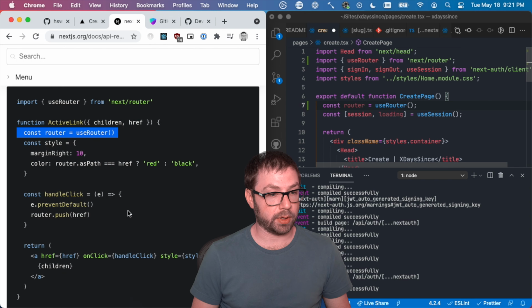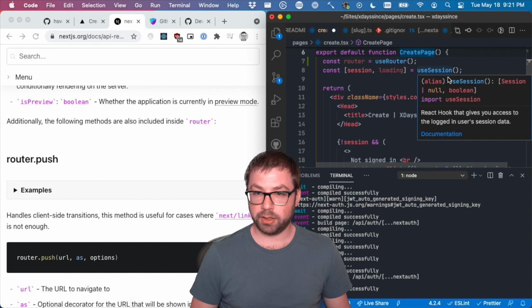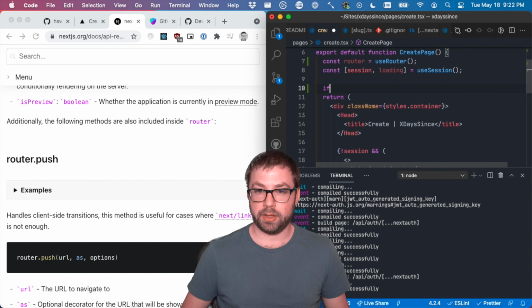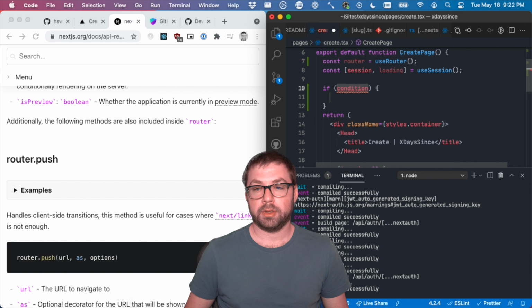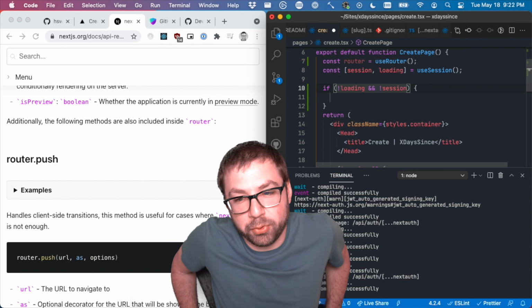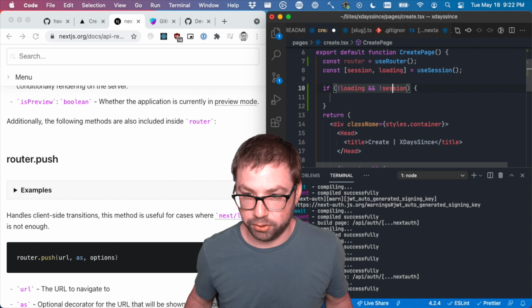So where am I? I've got router.push is what I want to do. What I'm going to say here is, if I am not loading and I have no session. These if statements always make me laugh because this is how my brain thinks, but the way to optimize this is to actually go,